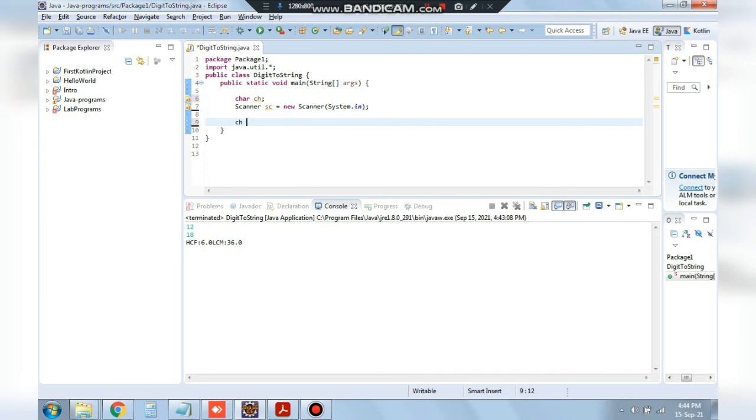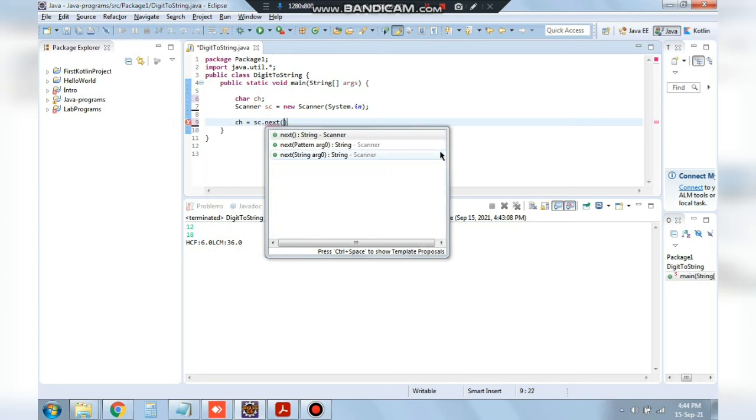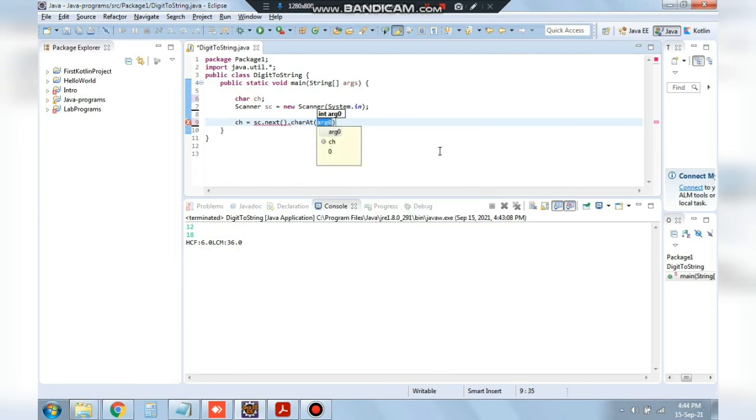So ch is equal to st dot next dot charAt 0. Here we are taking the character,